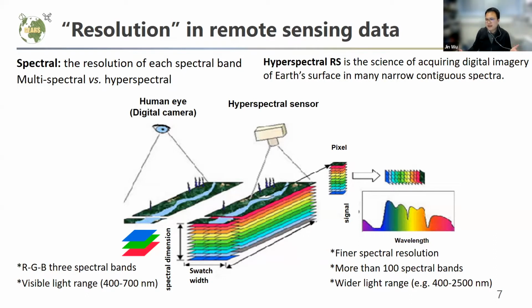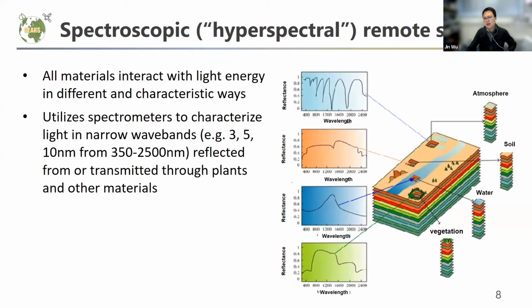So what can we gain from high spectral resolution remote sensing data? Here, I want to show you examples. Imagine now we have a hyperspectral camera, and we can mount it on an airplane and fly through a landscape, right? And then we can also divide the scene into different components, like the atmosphere, soil, and water. And then we can analyze the spectral reflectance across a wide range of wavelengths, from 400 nanometers to 2,500 nanometers. That's what the reflectance spectra show. And we can clearly see different objects have totally different spectral reflectance.